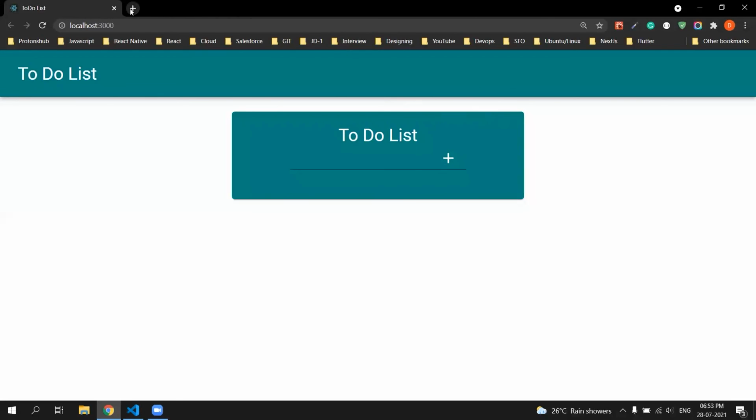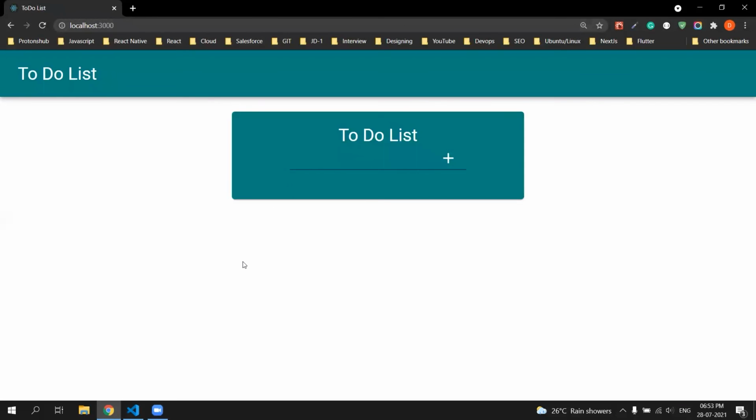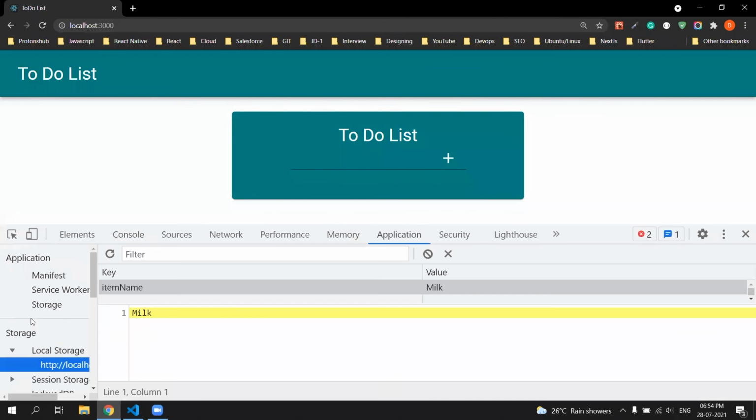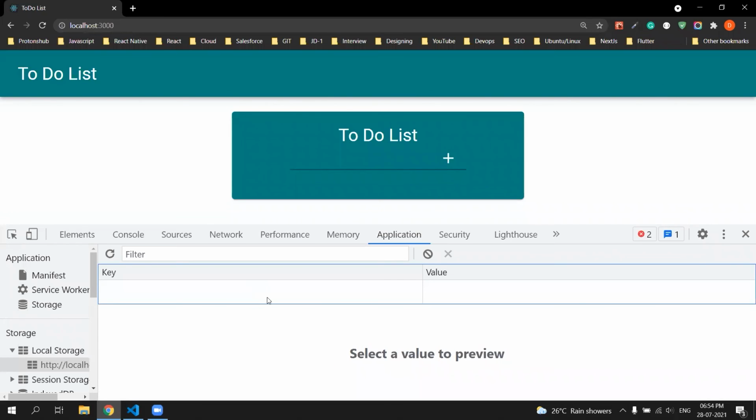Yes, if you close the browser, local storage should be available. Yeah, it is available. If you close the tab, if you close the browser, it is available. Your local storage is always available. If you manually go and delete it, then only it will not be available. Otherwise, it will be available. Also, if you clear your cache, or if you reset your preferences, reinstall your browser, in those cases, it will be reset.